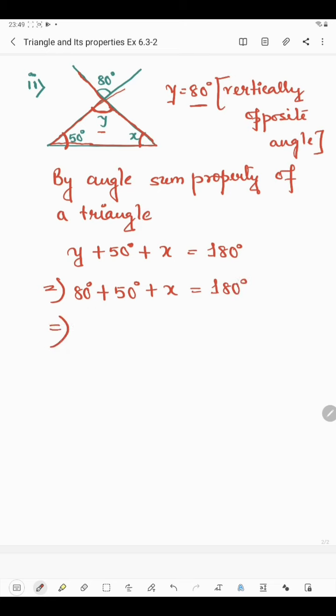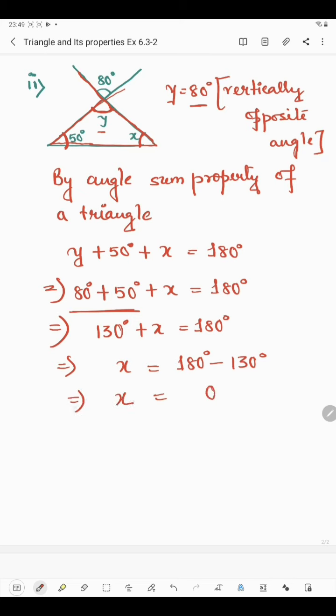Now if you add 0 plus 0 it is 0, 8 plus 5 is 13. So 130 degree plus x is equal to 180 degree. So what will be the value of x? 180 degree minus 130 degree, because when you are finding the value of the variable, then that should be alone. So from x if you remove 130 degree, then we'll get minus 130 degree. Okay, so 0 minus 0 is 0, 8 minus 3 is 5. So it's 50 degree. Okay, now coming to the next.